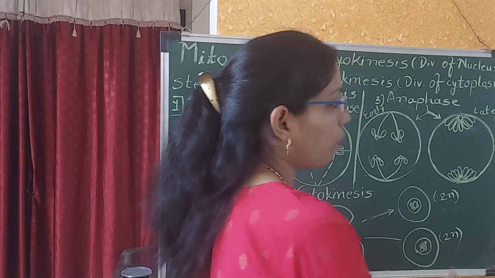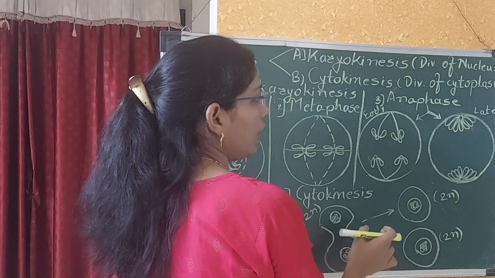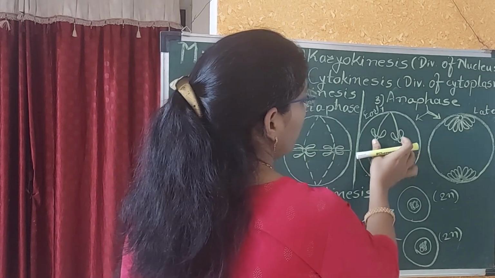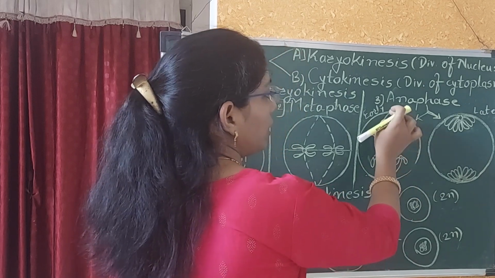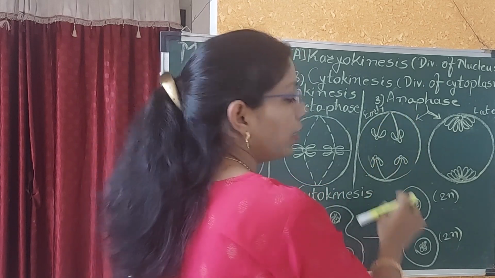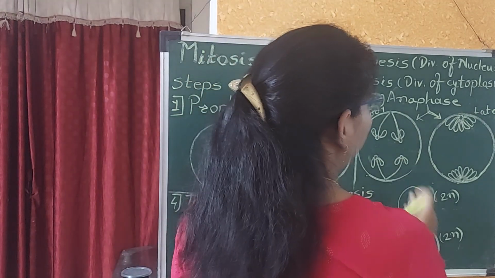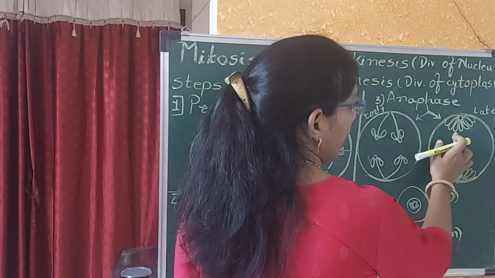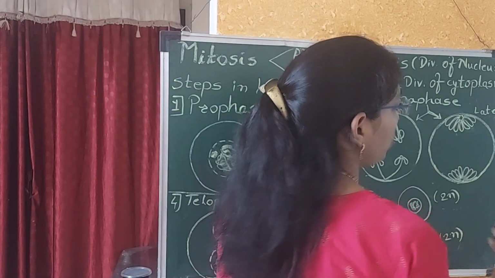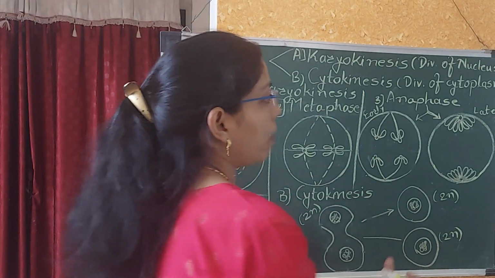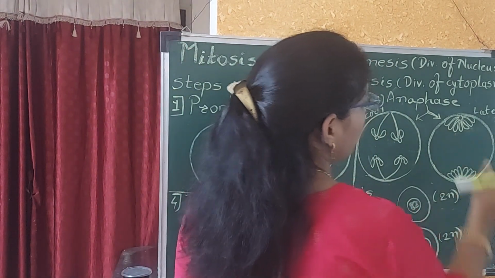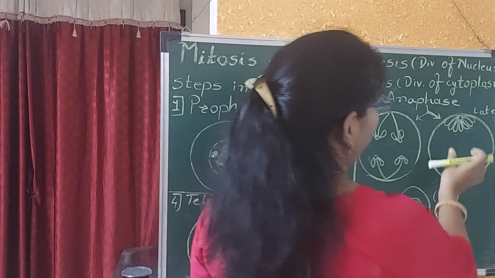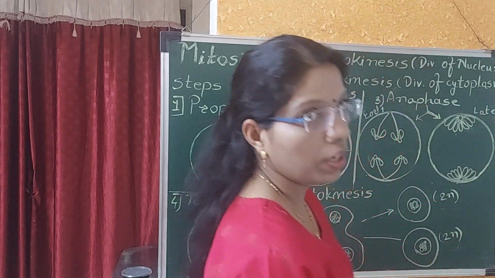So the chromosome is divided from the centromere, and these two are called sister chromatids, and they are pulled towards the opposite poles of the cell, towards the centrioles. So these points are called centrioles. In late anaphase, the chromosomes appear like a bunch of bananas, present on the opposite poles of the cell. In this way, the same number of chromosomes are divided on the opposite poles of the cell in case of mitosis.